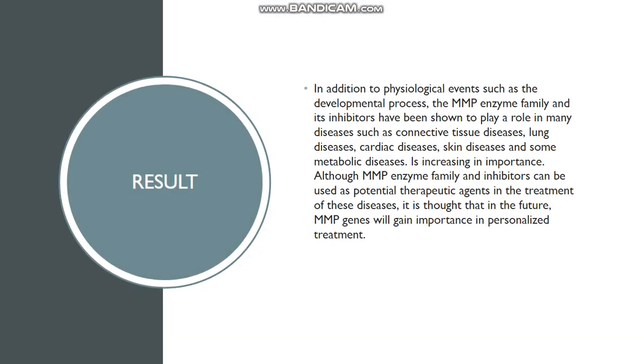Results. In addition to physiological events such as the development process, the MMP enzyme family and its inhibitors have been shown to play a role in many diseases, such as connective tissue disease, lung disease, cardiac disease, skin disease, and some metabolic diseases, and are increasing in importance. Although the MMP enzyme family and inhibitors can be used as potential agents in the treatment of these diseases, it is true that in the future MMP genes will gain importance in personal